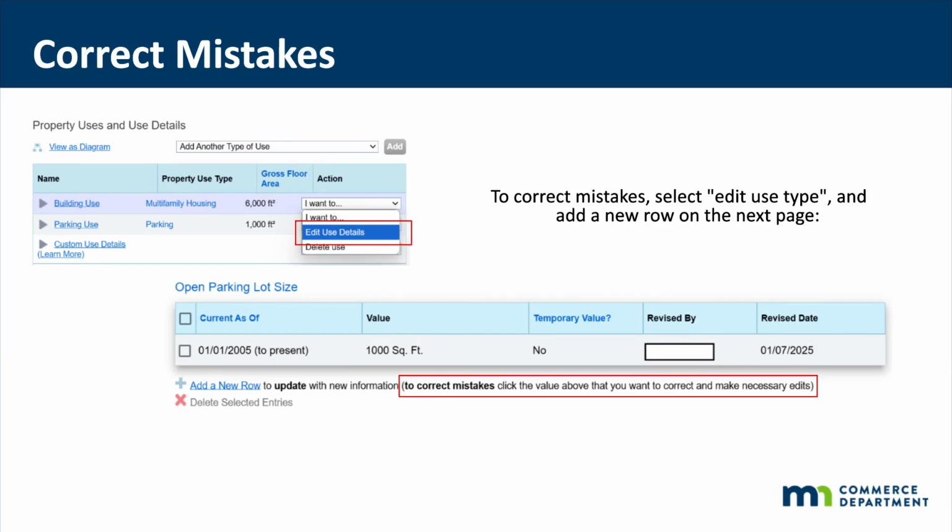That's all I have for this topic, but check out my next video for how to add a meter and input utility